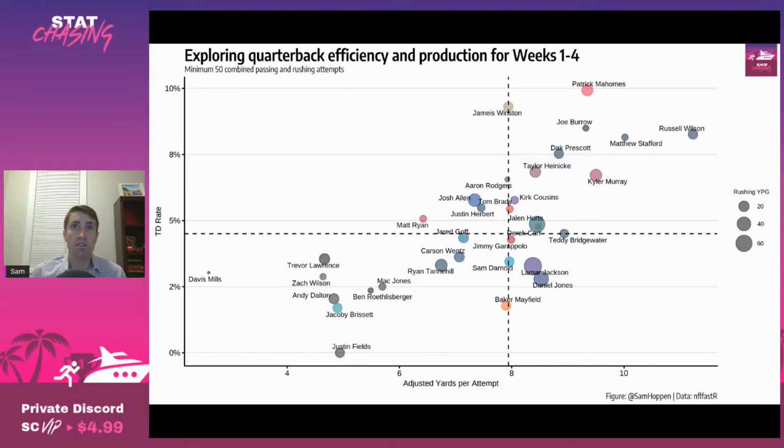And his receivers are helping him out quite a bit. He's got one of the best wide receiver duos in the game with Justin Jefferson and Adam Thielen. He currently has a PACR of 1.11, which is pretty high. That means his receivers are converting receiving yards for 1.1 more air yards than they get. Cousins is currently outside the top 10 in quarterbacks in fantasy points, and I actually don't think his production is